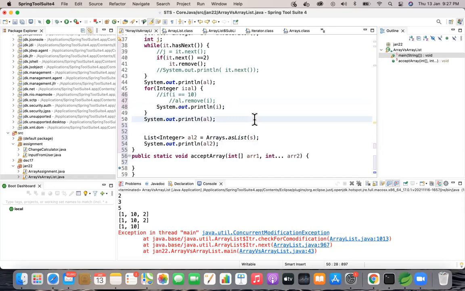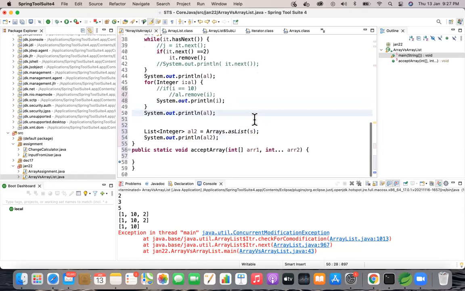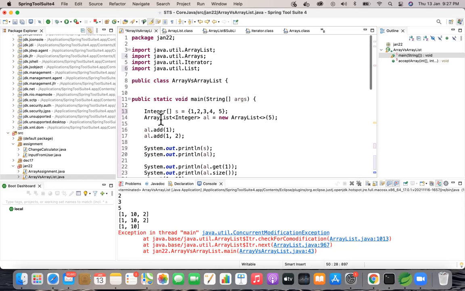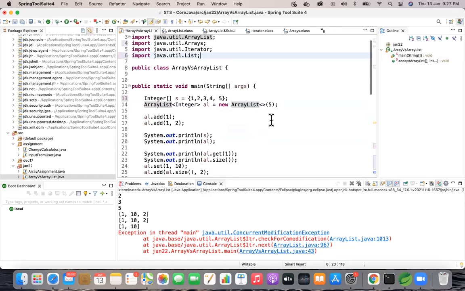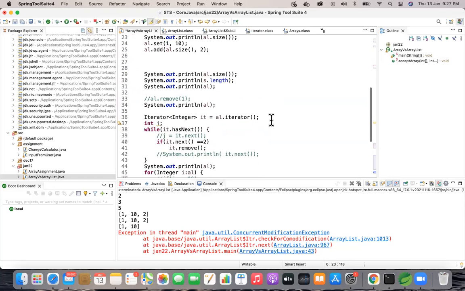Now I want you to do an exercise on LinkedList. In a similar way, you can create your object on LinkedList, retrieve it, and print it. All the methods you have used in your ArrayList will be the same in LinkedList also. The only thing you change is the ArrayList class to the LinkedList class. That's the only difference. We can traverse both ways in a LinkedList, forward and back.